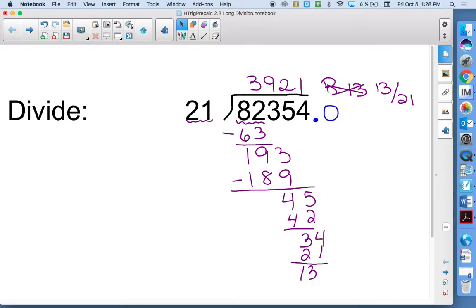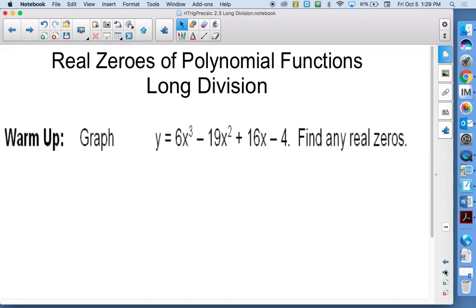And we are going to look at a graph first so that you can understand how it fits to a graph and how the division works and how they go hand in hand together. So we're going to use a calculator once, just so that we can see the graph and find the zeros. So in your packet, if you look at page 23,